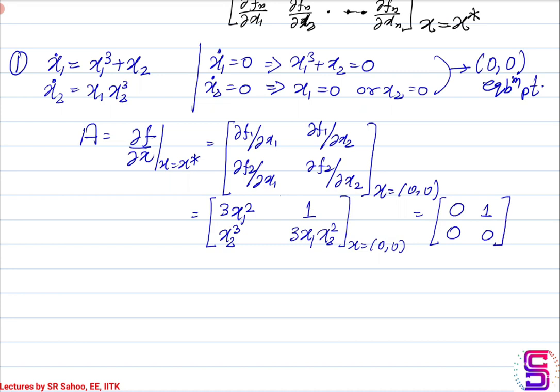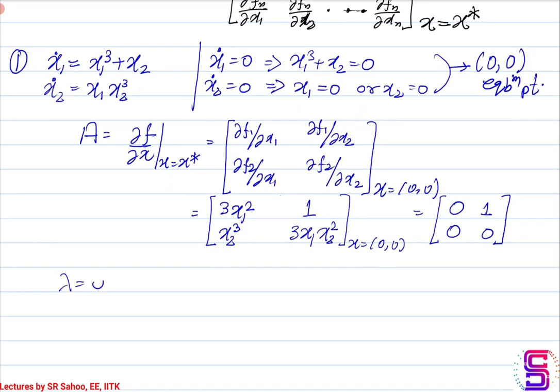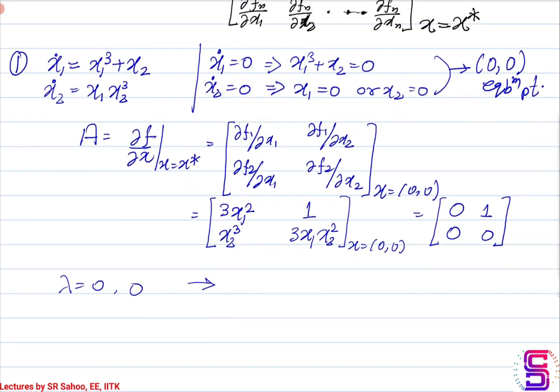Okay, so please verify whether this is correct or not. If there is any mistake, then please do report to me. In case this is correct, then A is the matrix that we have obtained, whose eigenvalues are essentially 0 0, which means